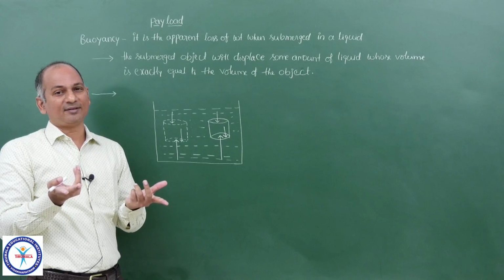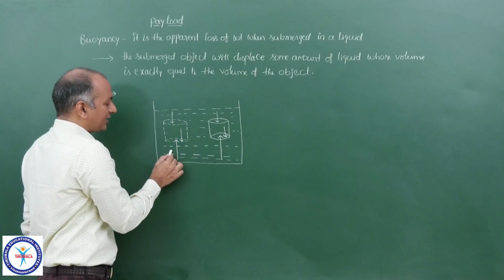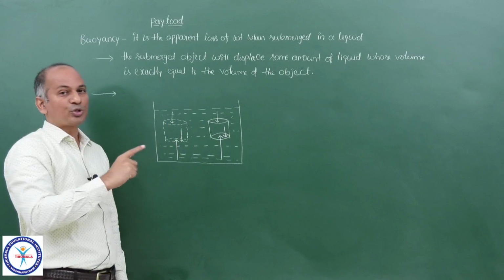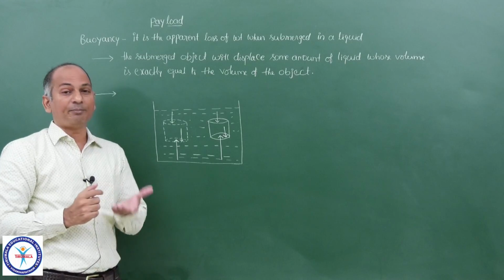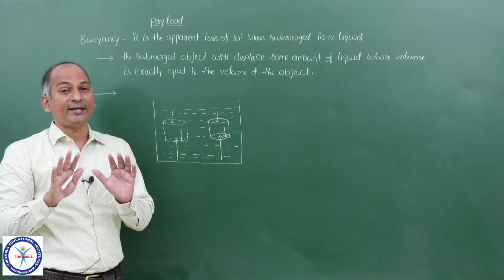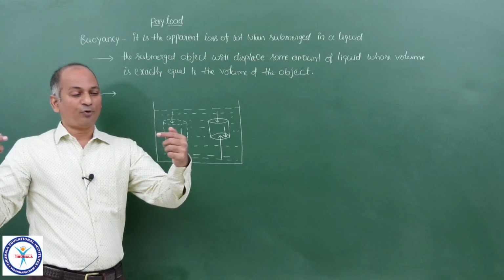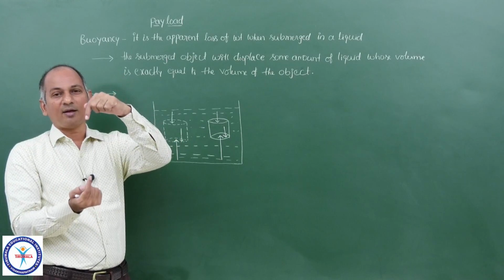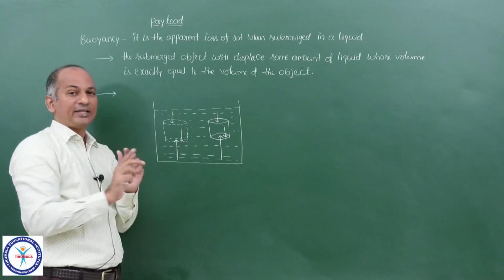That is what is buoyancy. And here, because everywhere it is water, this is also water, this is also water, obviously the sum of these two forces is exactly equal to this particular force which is acting from below. So this imaginary sample of water is at rest, it is in equilibrium. It is not moving. The forces from the sides are equal, and the sum of the vertical components of these two forces is equal to this force in magnitude.